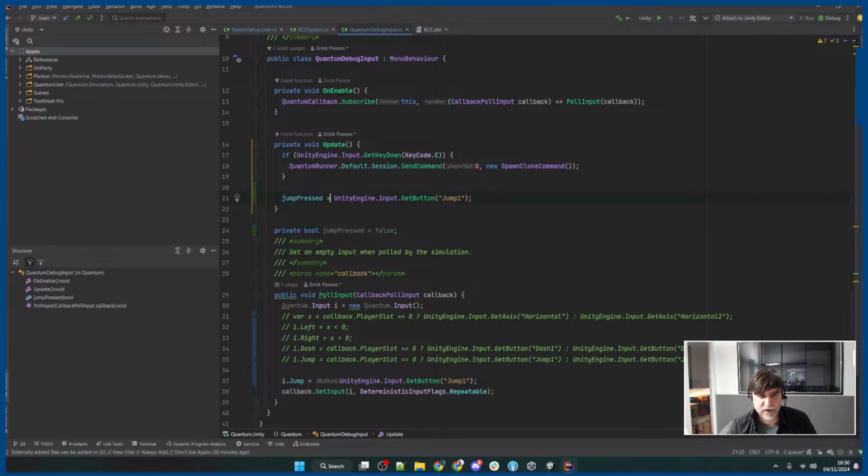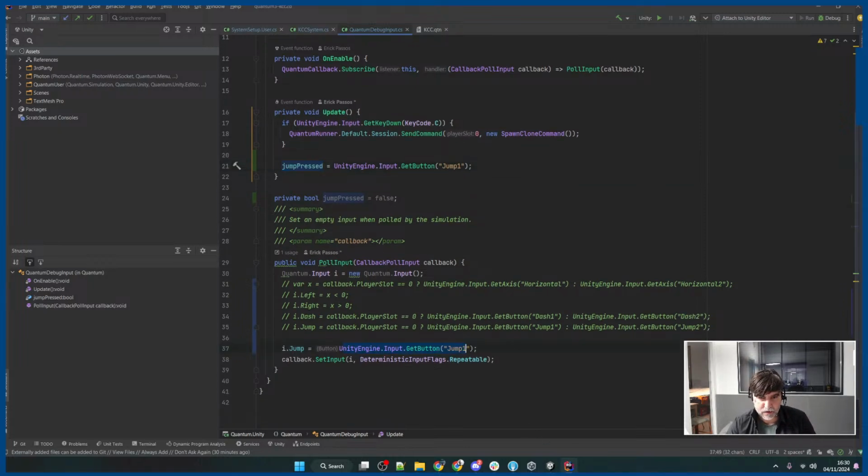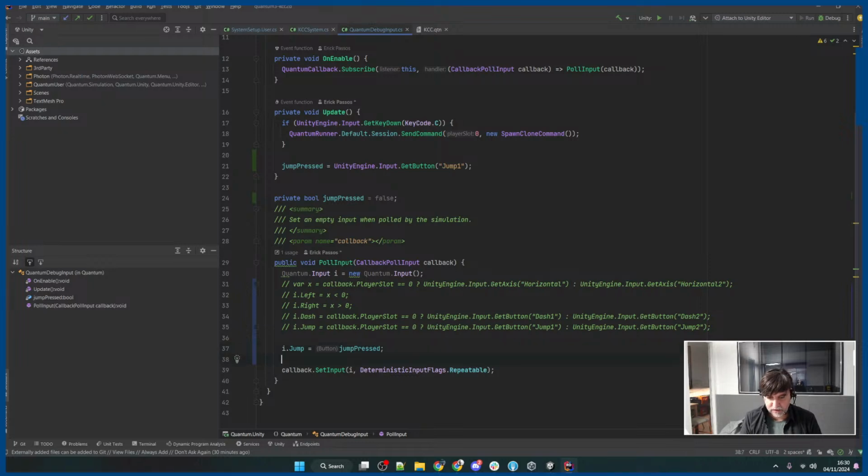You do say jump pressed equals this. And then when you poll, you can do this and set jump pressed to false. So next time Unity gets called, you poll it again, and so on and so forth. Or you can even use an or here to guarantee that this is not called before it. You can even do something like this if you want to ensure that this